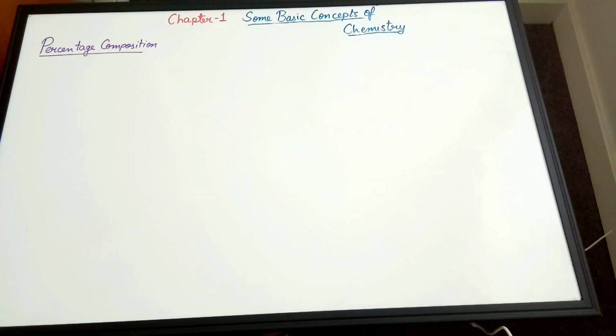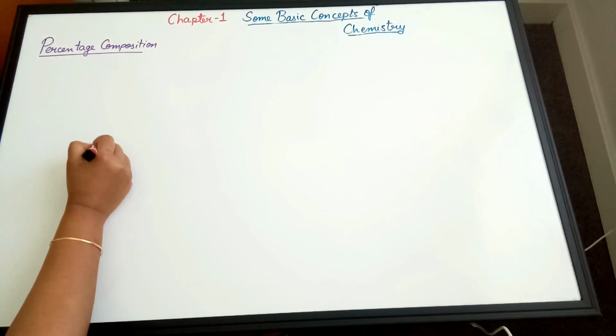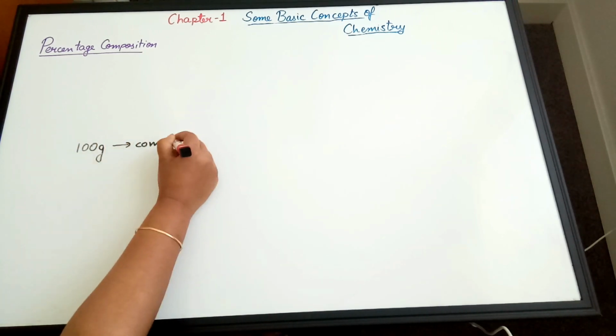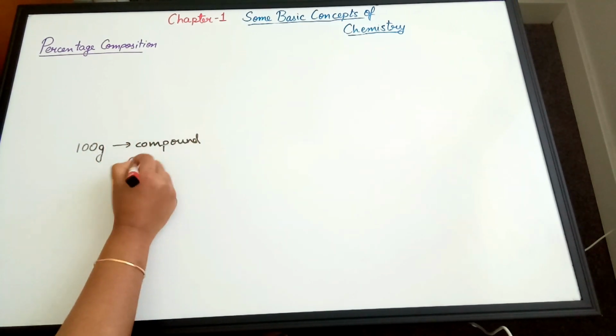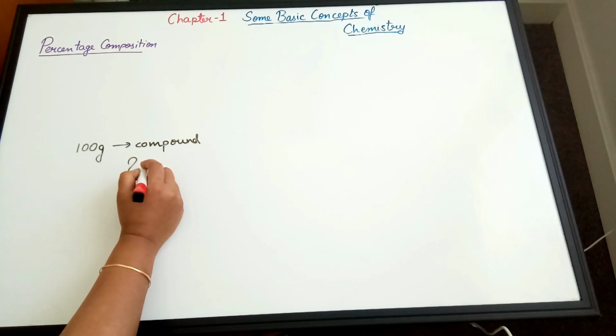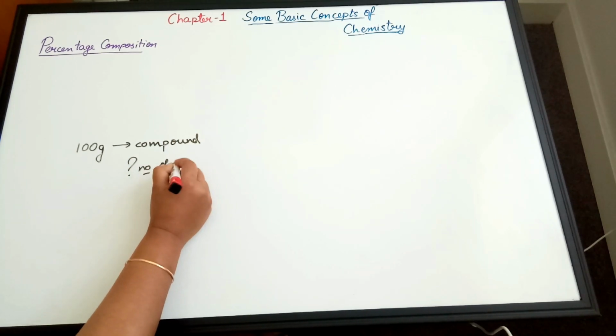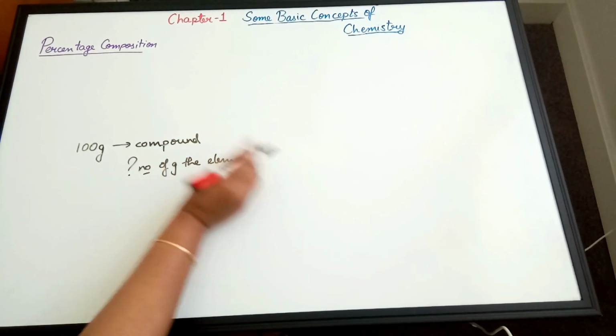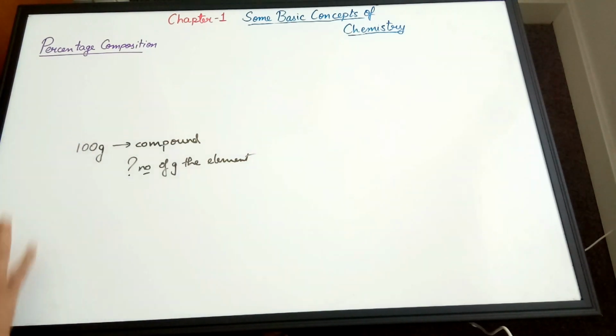So basically, we just mean that in 100 grams of a particular compound, what is the amount or number of grams of the element that is given by the percentage composition. So the general formula that you have for percentage composition is